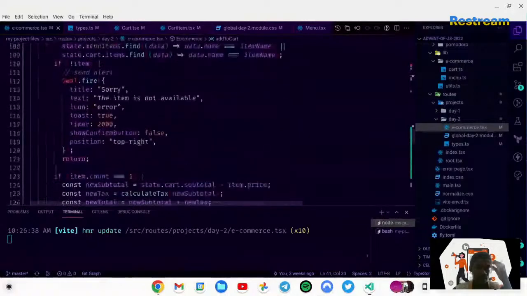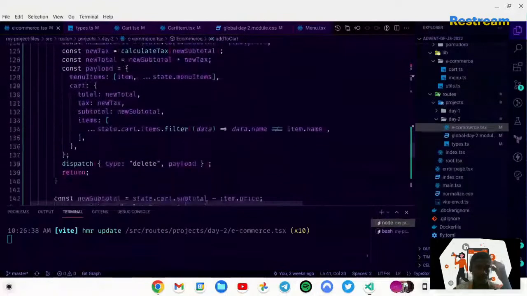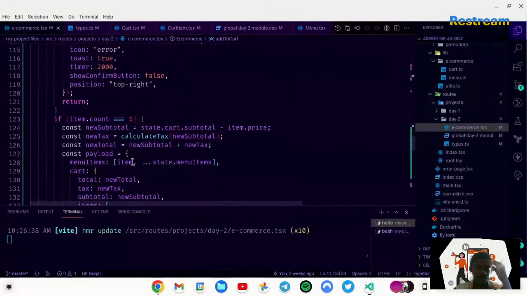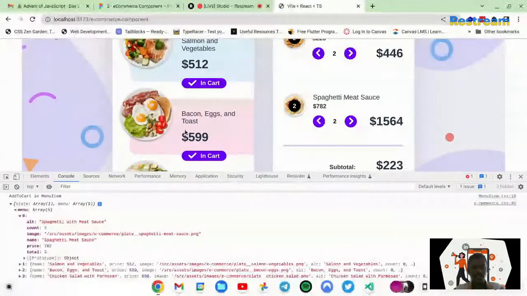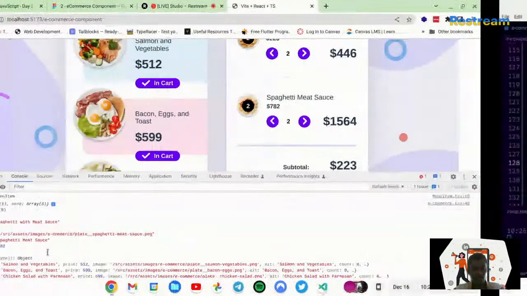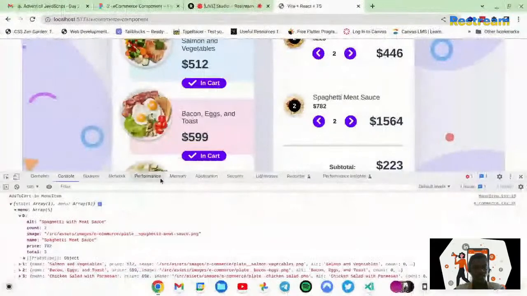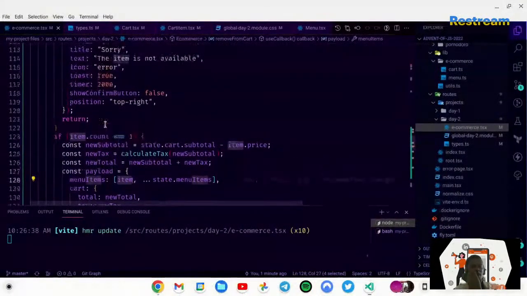When I do the deletion, yeah. Okay. So because I pass in the item, it basically maintains that count and total. Because over here, I pass inside the item itself. So the count and the total is still maintained because the item is coming from